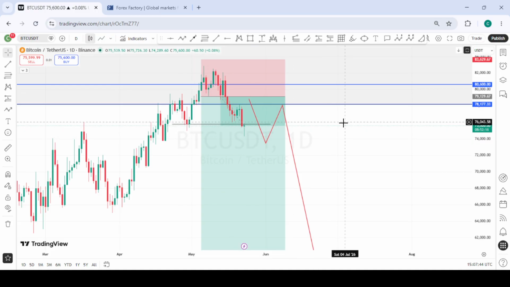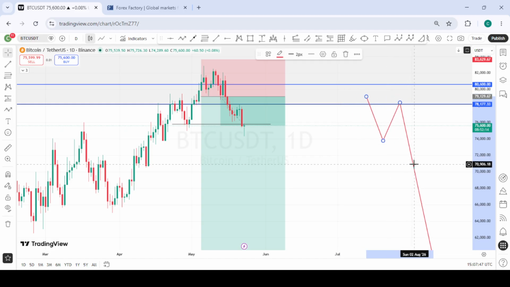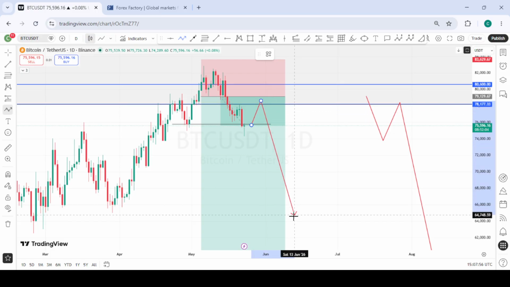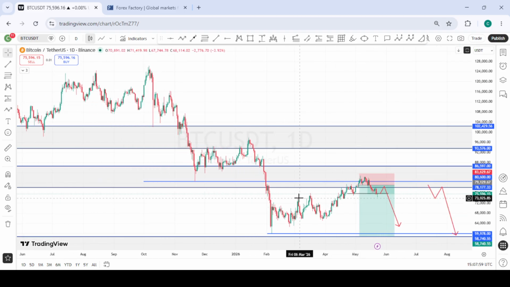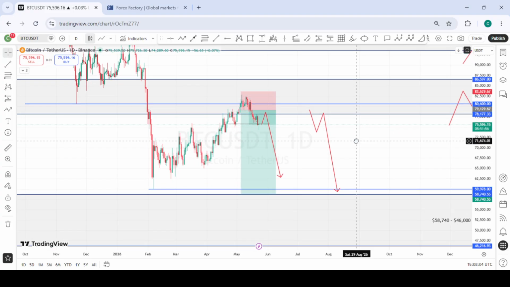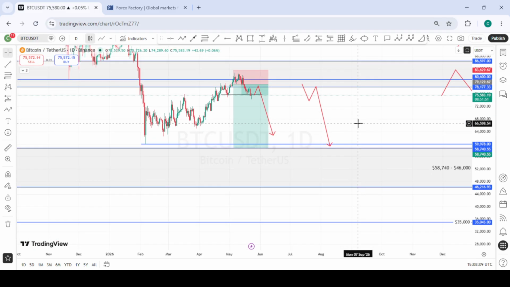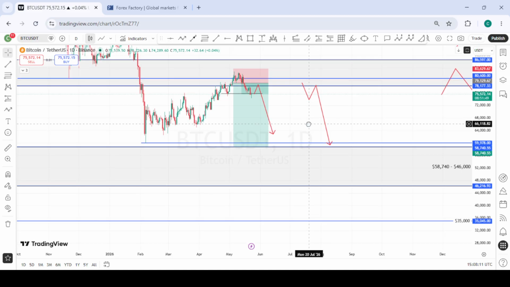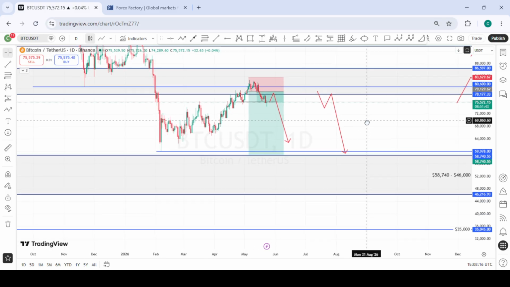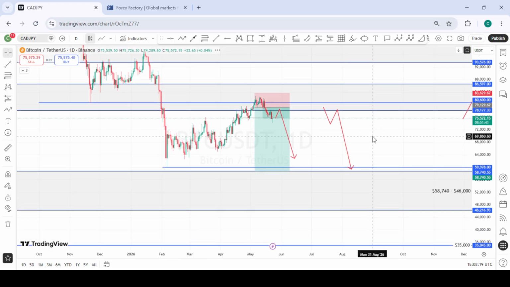So going into next week, all we are looking forward to is a possible lower high formation, a possible pullback to give us more like a right shoulder formation. Look for an additional position to the downside. So we are very bearish on Bitcoin. The targets we have below, we are looking forward to see Bitcoin reach the 58k to 46k region, and on the worst case scenario, 35k. So we are looking at the downside of things for BTC for the coming week.